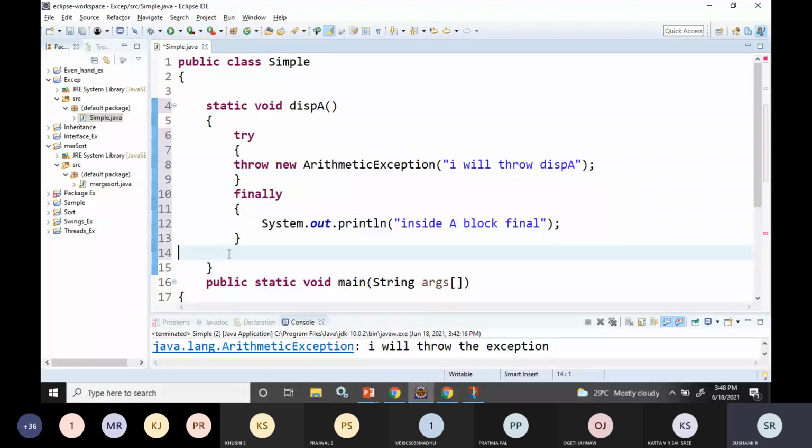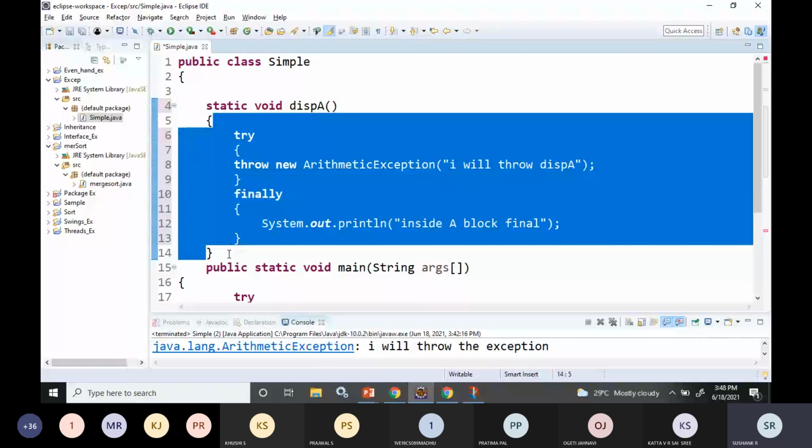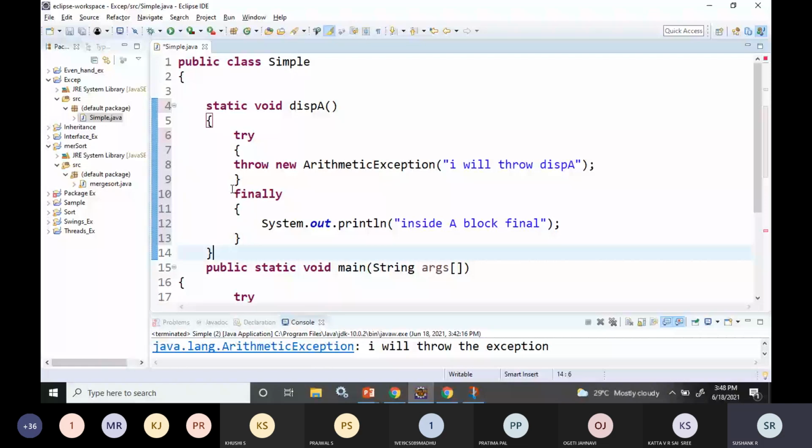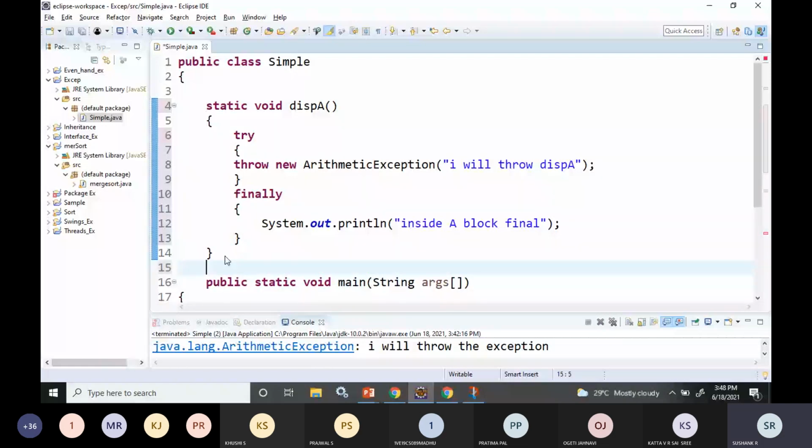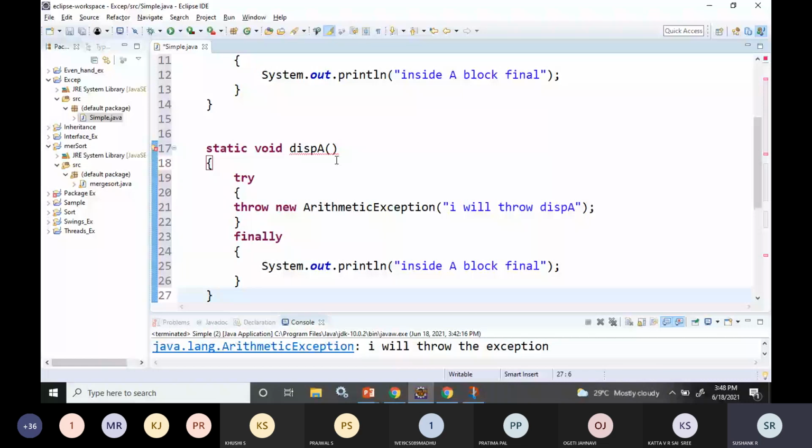Likewise I will create two more functions. I'll call this function display B. But for function display B, I will not throw the exception.